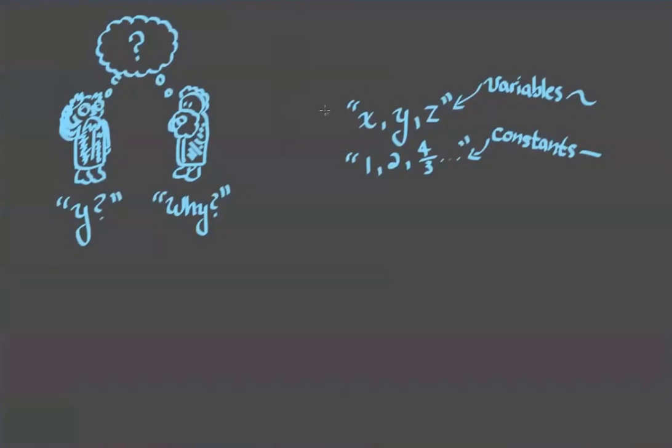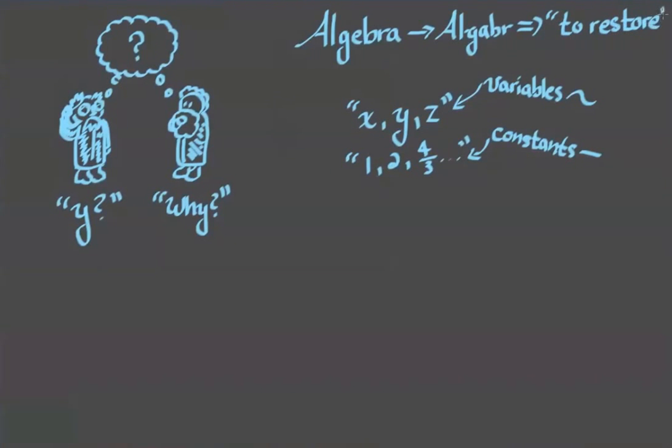We also spoke a little bit about the origins of the word algebra, and how it comes from the Arabic word al-jabr, which means to restore. So to restore, to find an unknown. So in this video,